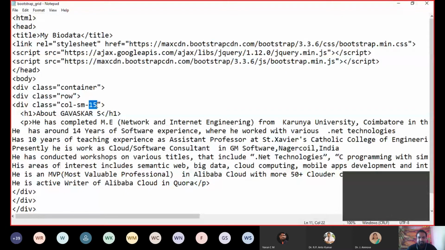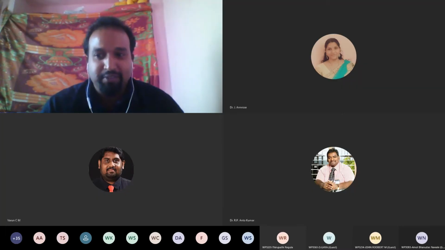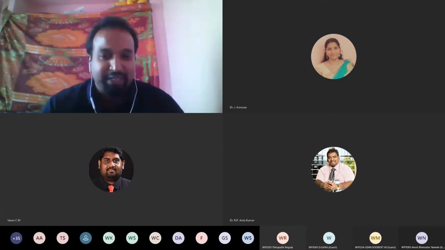Now you see what I am going to do next. First I will display the web page which I created. So now I am going to split the columns. 3, 3, 3, 3, that is 3 into 4 or 4 into 3, you can split. How to do that, I will explain. First I will show that web page, later I will explain the coding.